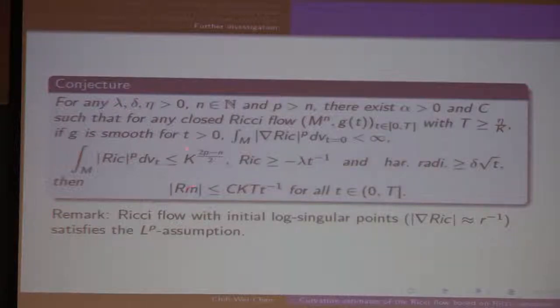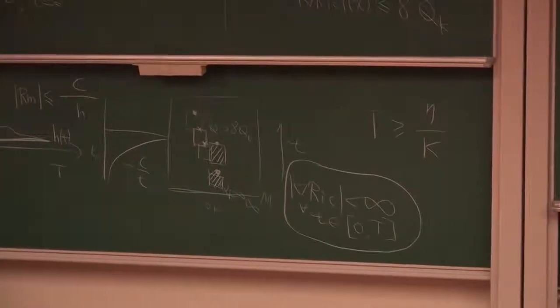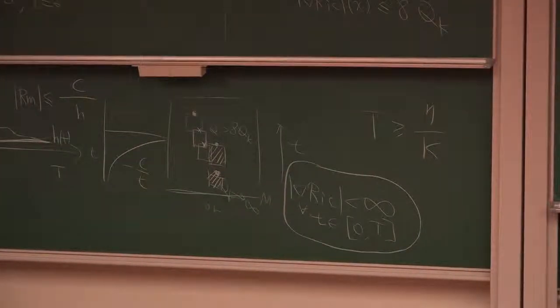Okay, so we can replace the Ricci pointwise bound by an integral bound, and a Ricci lower bound, which is comparable to the harmonic radius. So this is also a bound very easy to achieve. It's a bound like this. Okay, so in this case, if this is true,